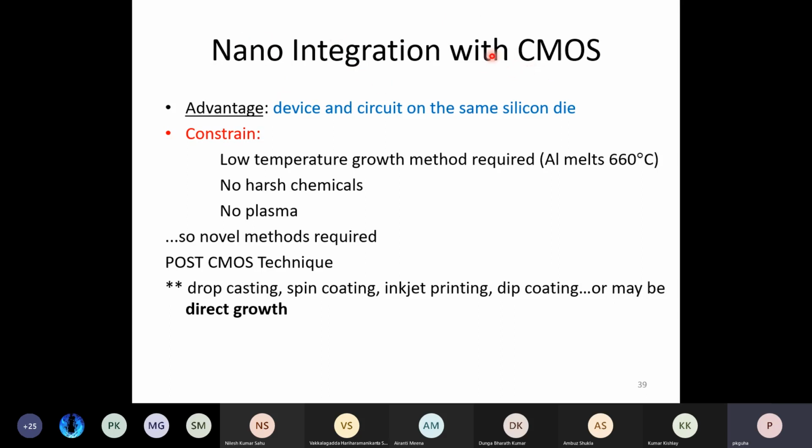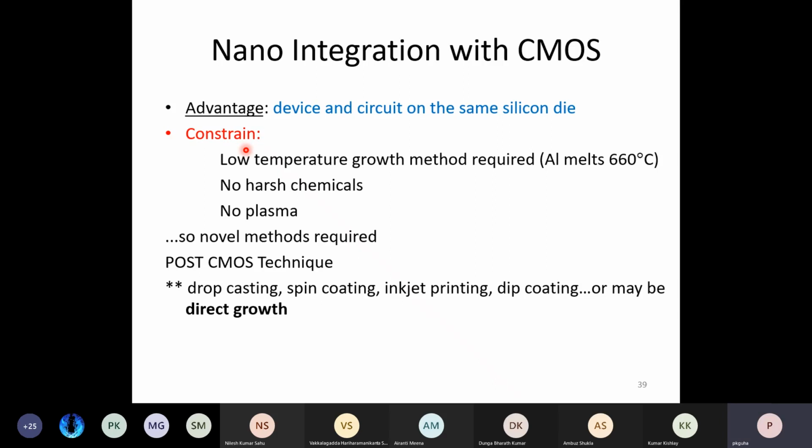So what is the advantage? The advantage is, if we can manage to integrate them in the CMOS platform, then device and circuit will be on the same silicon die. So those sensor devices and the circuit will be on the same silicon die. But what is the constraint? A lot of constraints are there. So for example, if you want to